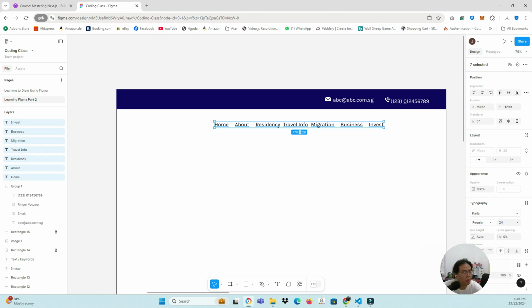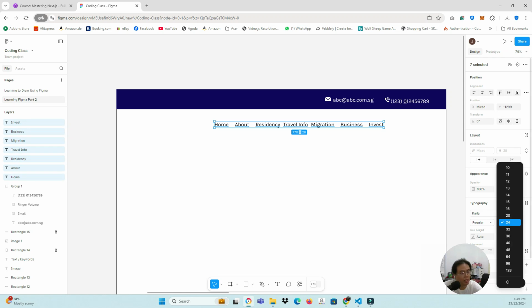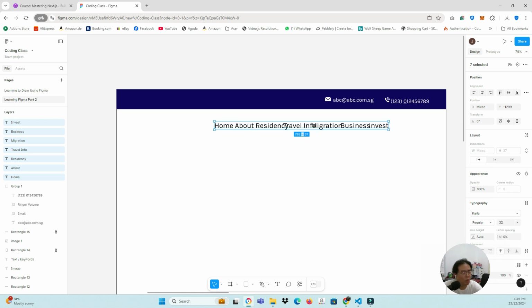If you want to make it bigger, I'm not sure whether you can increase this. I think can. Let me try and see. Oh yeah, you can make it bigger if you want to. It is fine. So one thing good about this Figma is it allows you to